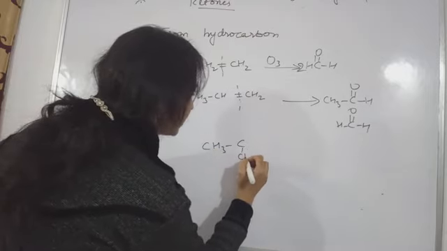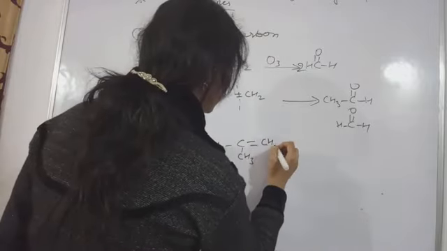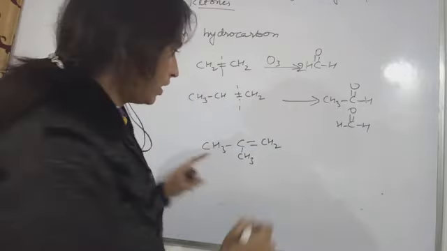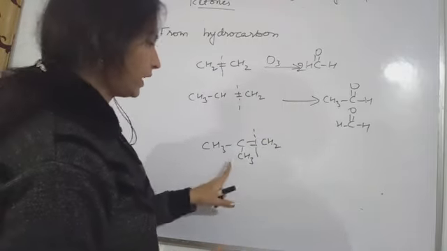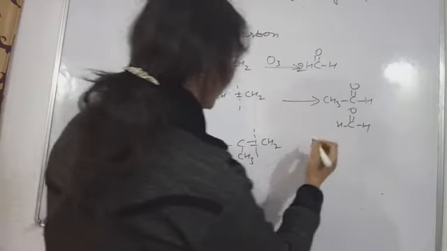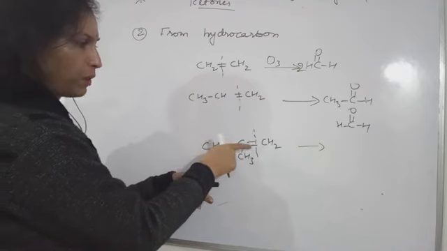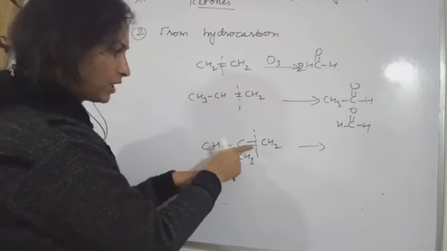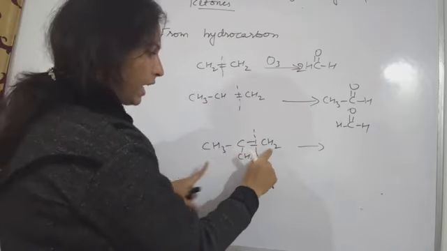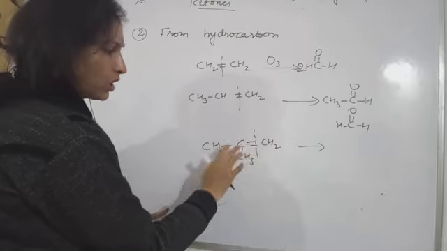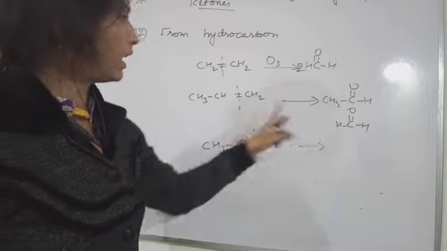Or if you are actually taking CH3, then C, then here also CH3, and this is making a double bond with CH2, if this is the compound, then here this bond will break, and what will you get? In this case you will get ketone, because two alkyl groups are associated with the carbon making the double bond. If the carbon possessing the double bond is associated with two alkyl groups, then you will get ketone, and the other one will be aldehyde. So you get a combination of aldehydes and ketones.